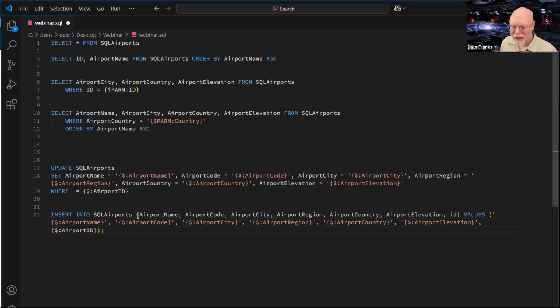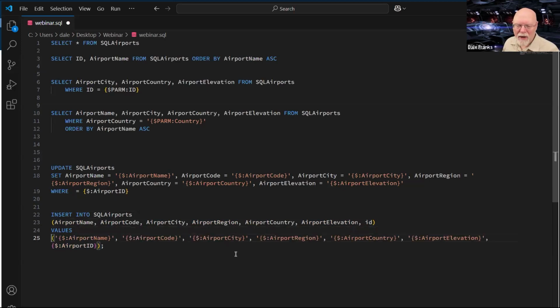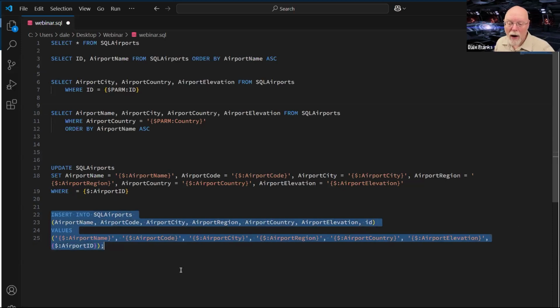So you do have the ability to change your line spacing and make your life a little bit easier that way, so that you can make it easier to do this weird field and value matching that you have to do inside these two separate parentheses. But this is my insert statement, which will enable me to insert a new record into my database, assuming again that I've gotten everything right.